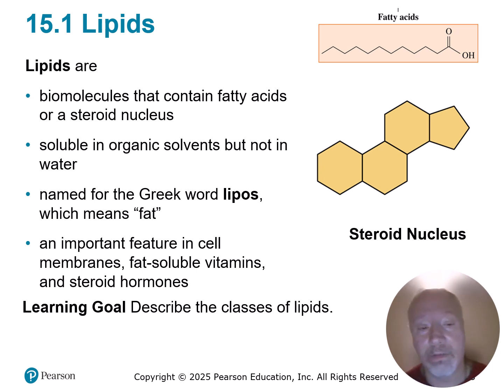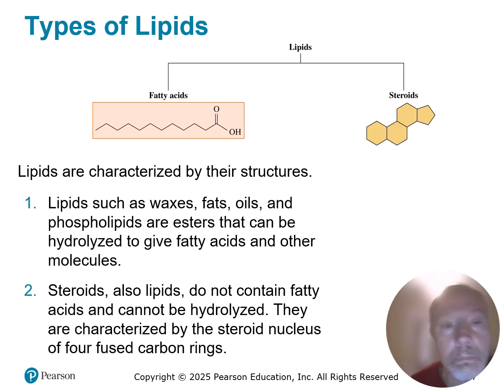But if you take too much of vitamin A, vitamin E, or vitamin K, those are all fat soluble vitamins, and they stick in the body much longer because they dissolve in the non-aqueous, non-polar fatty part of the body, and they get stored there for a long time, so they can be more toxic. So moving on to these two classes of lipids, fatty acids and steroids. So lipids can be classified as waxes, fats, oils, and there's also phospholipids.